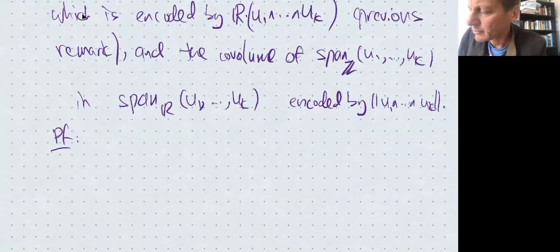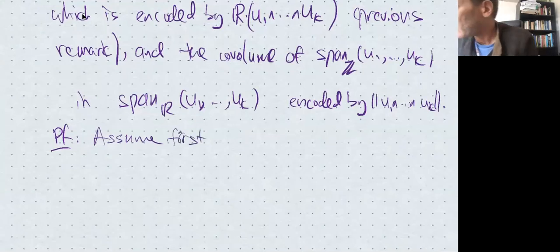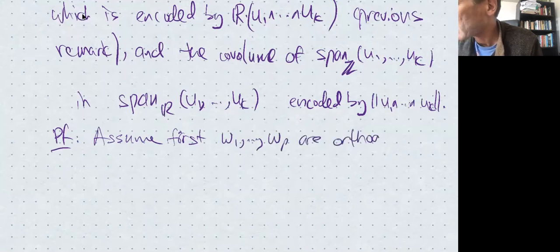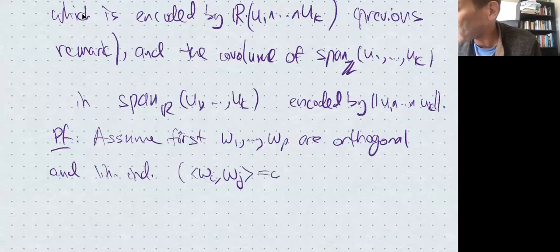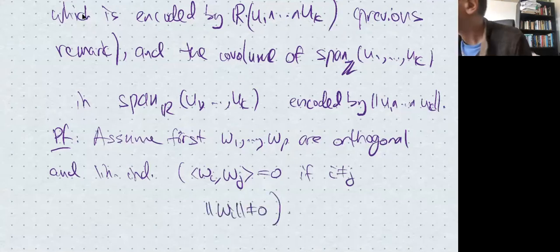assume first the w_1 up to w_p are orthogonal and linearly independent, which means that the inner product of w_i and w_j is 0 if i is not equal to j, and the norm of each w_i is not 0. So now using the Laplace identity,